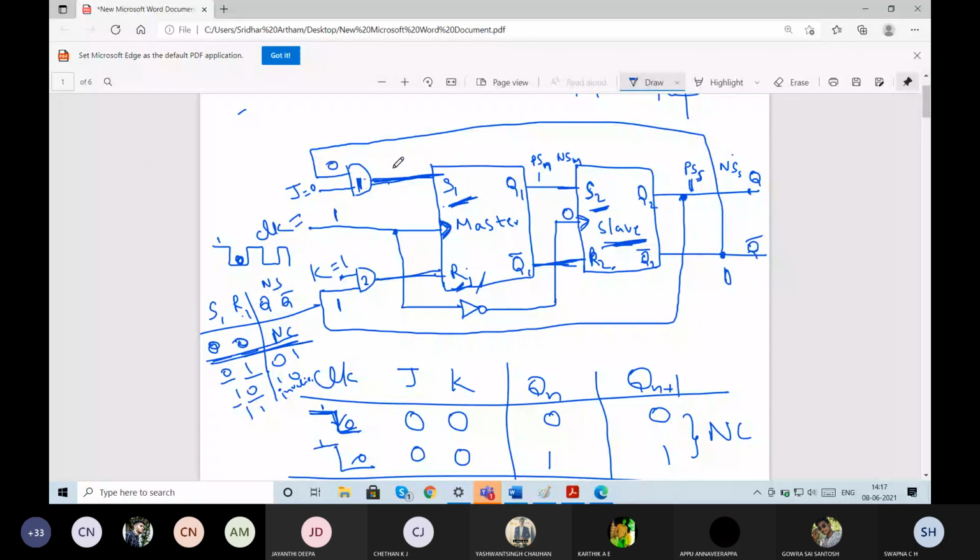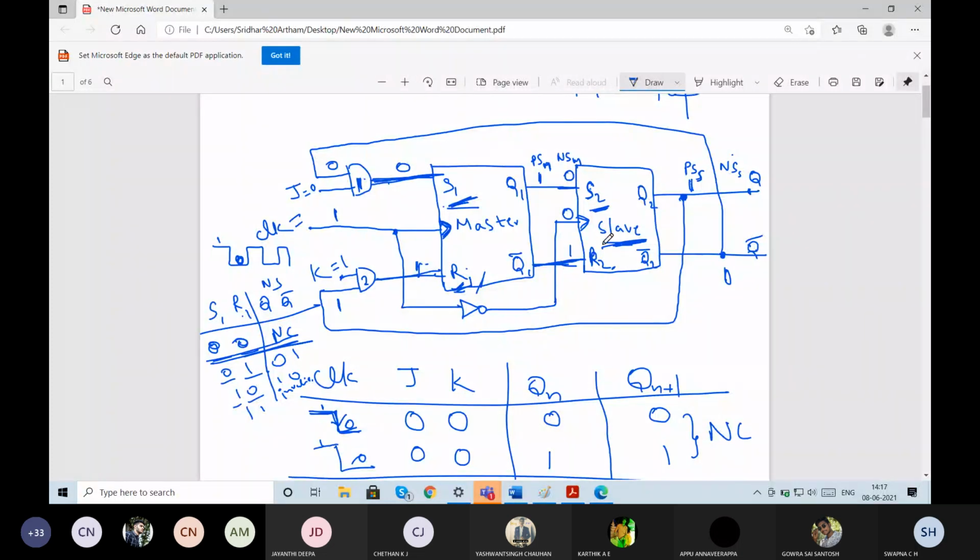So the output of the first AND gate is 0, and the output of the second AND gate is 1. Now if you observe, S1 value is 0 and R1 value is 1. S is 0 and R is 1. So the output will be reset. Reset in the sense it will be equal to 0. This is 0, this will become 1. Hope this is clear to you now, because only in this case has my present state changed. Otherwise, in all the previous cases, I was getting 0 0, 1 1 like that only. Now is it clear, ma'am? Yes, ma'am.